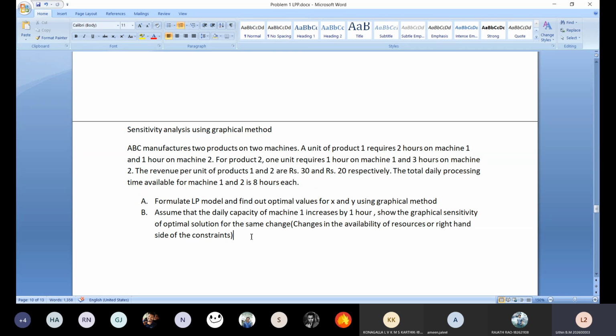As you may remember, when I started off with the second chapter, I started formulating the linear programming problem, and then I started solving it using the graphical method, and finally now we are making use of sensitivity analysis. So this particular problem has an amalgam of all the aspects which are there in this chapter. So please pay attention. If you have missed any class, then this class would be of great help for you to recap everything that has been done so far.